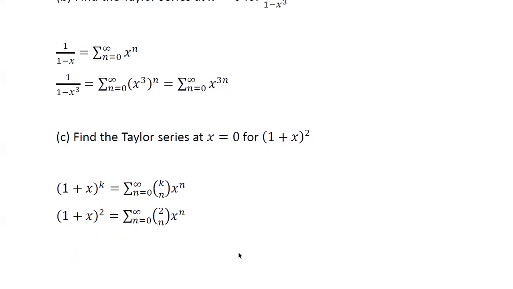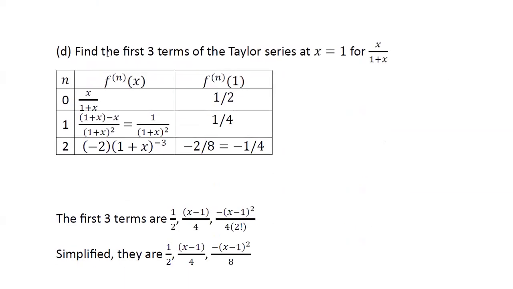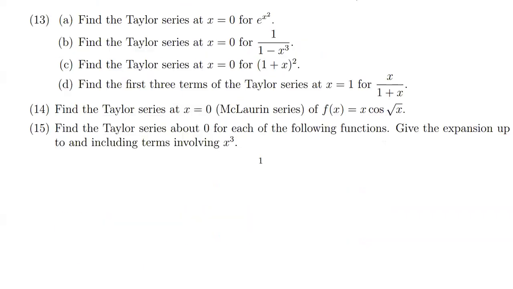Okay, I think there was part D, right? Yeah, part D, I'll just show everything. Find the first three terms of Taylor's series about x is equal to 1 for x over 1 plus x. Let me confirm it was x is equal to 1. Yeah, x is equal to 1. Okay, so